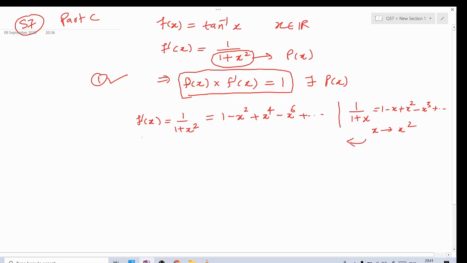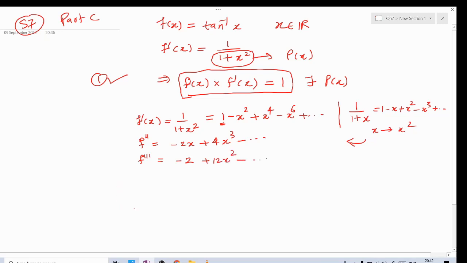Okay, now see what they are saying. They are talking about the general derivative. If I look at the second derivative of this function, I will simply take the derivative on both sides. What is the derivative of 1? It is 0. What is the derivative of x square? 2x. Next will be 4 x cube, and so on. What will be the next derivative? If I take the derivative of minus 2x, it will be 2. This will be 12 x square, and so on.